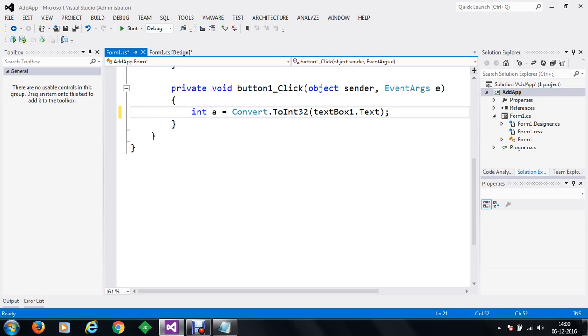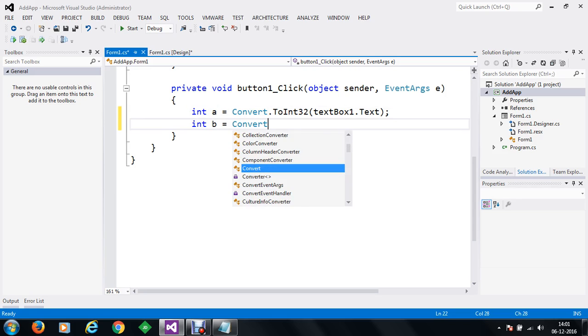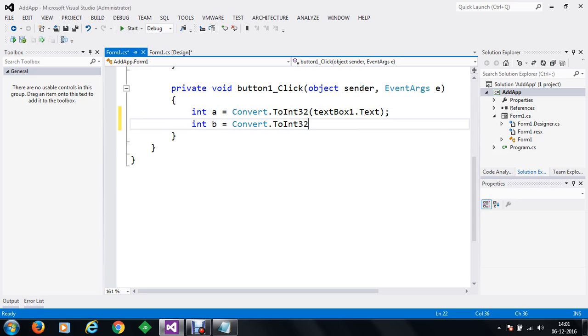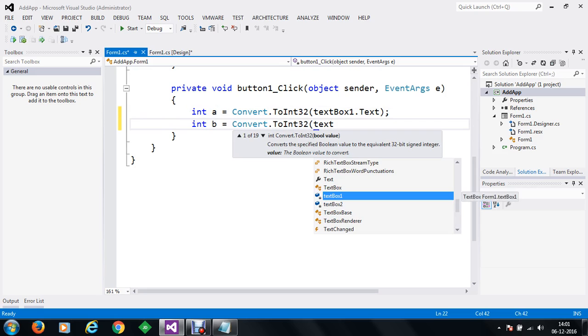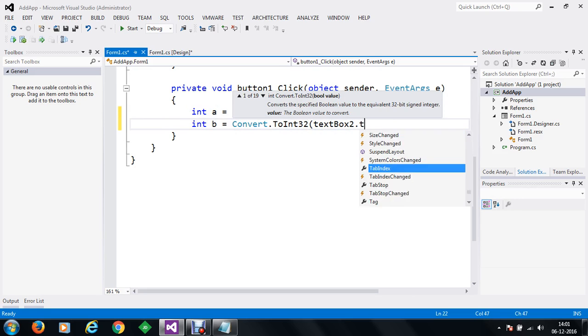So we receive a string from textbox1.Text, and it will be converted into an integer using the ToInt32 method of the Convert class, and stored into a variable. In the same way, we are going to use Convert.ToInt32 and get the value of textbox2.Text.